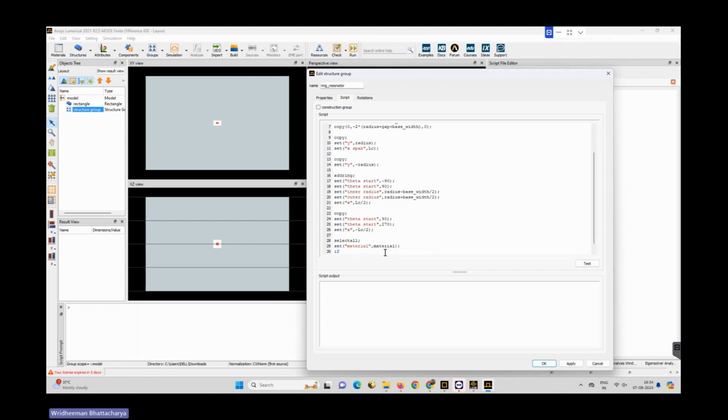Now if we don't get the desired material in the material library, we could give our own material, like material index as we want. Okay, so for that only